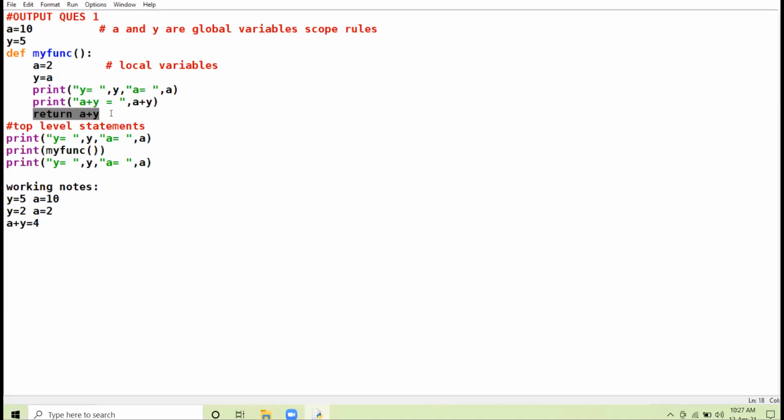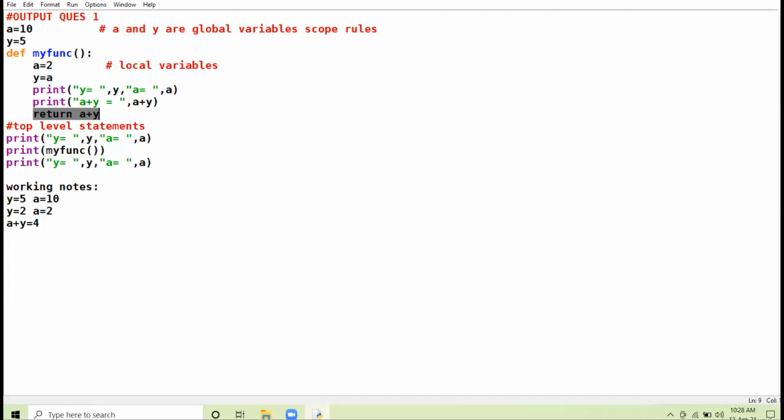Now, when this return statement is encountered, listen carefully what I am saying, students. When this return statement gets encountered, local environment gets finished, because with the use of return statement, the working of the function terminates.